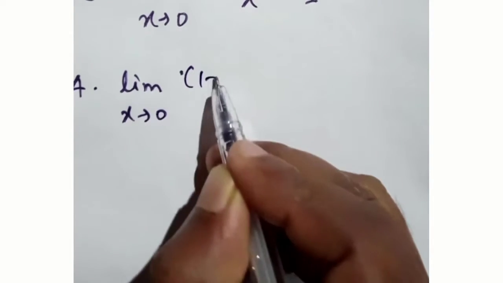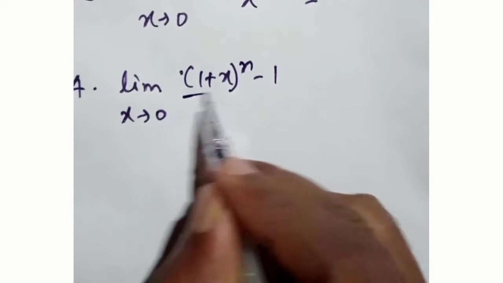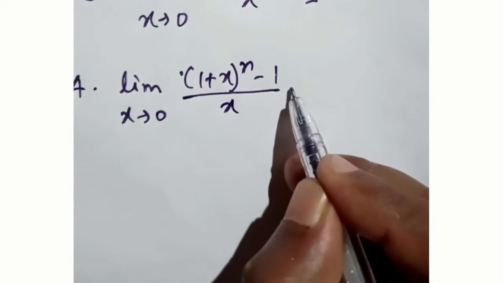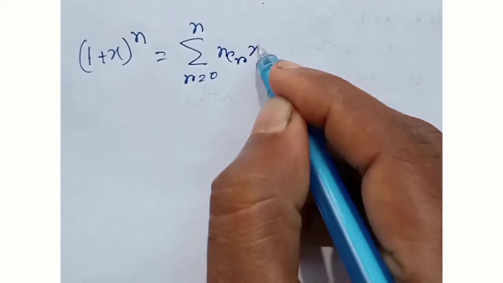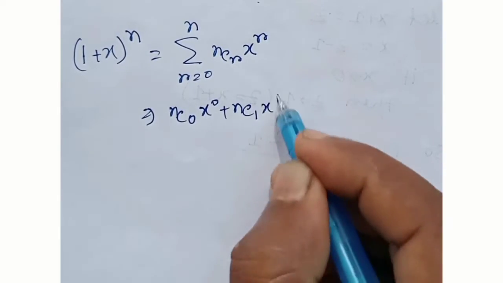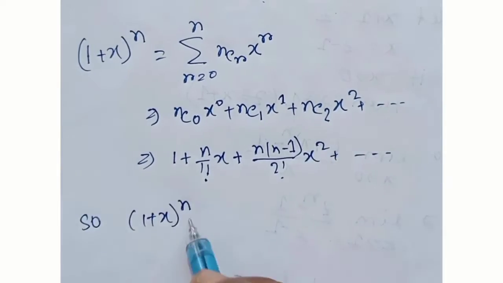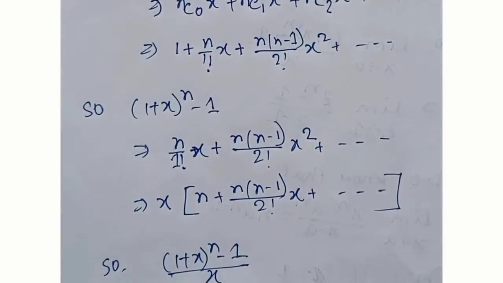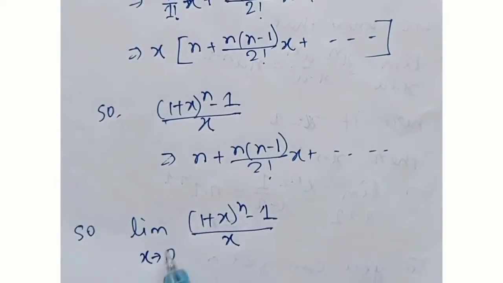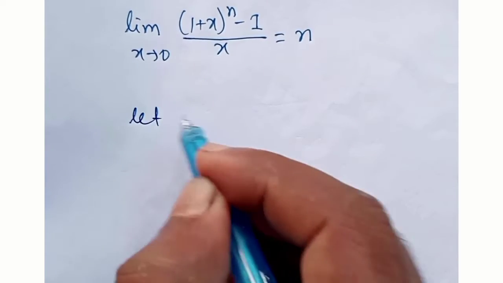So the first one we are going to determine is limit x tends to 0, ((1 plus x) power n minus 1) by x. Guys, you can prove it in two ways, as you can understand. The first way is you just use the binomial theorem of (1 plus x) power n and expand it, then 1 will be cancelled out and you can take x outside and thus we will get the result. But here, guys, we are going to use the two fundamental limit values.